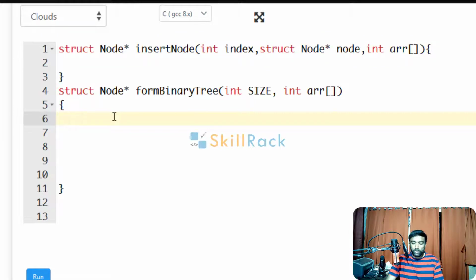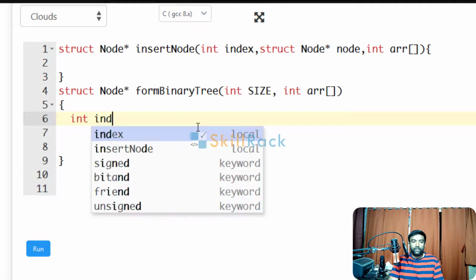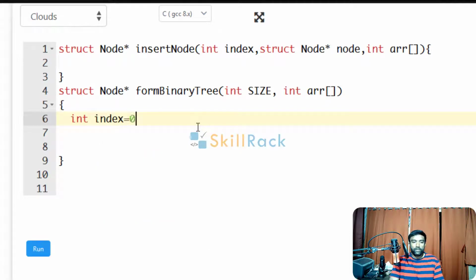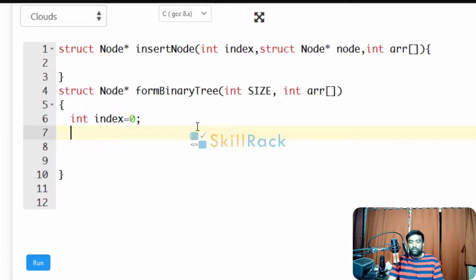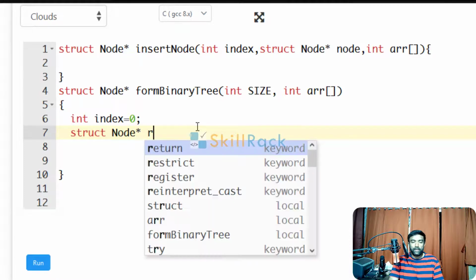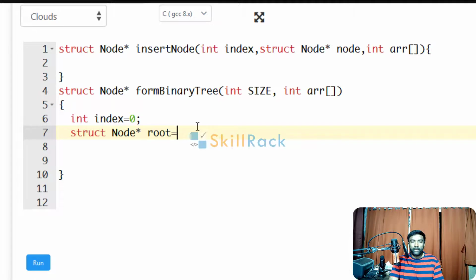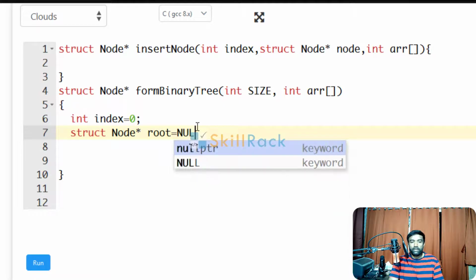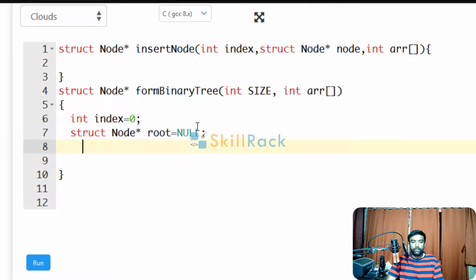Now we have to invoke this function somehow. What will be the index to start with? Root node is at index 0. So int index is equal to 0. Then struct node pointer root equal to null, because we have not initialized it so far.